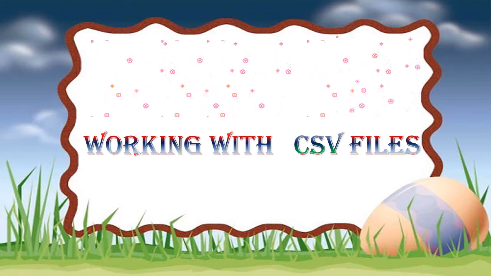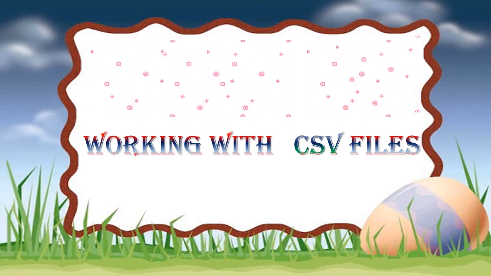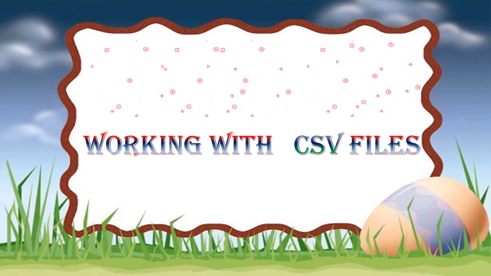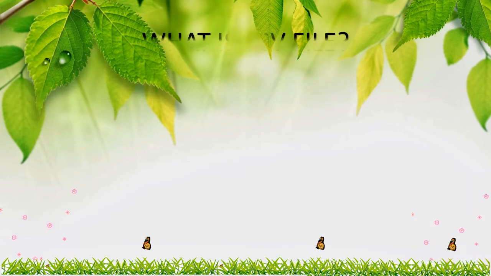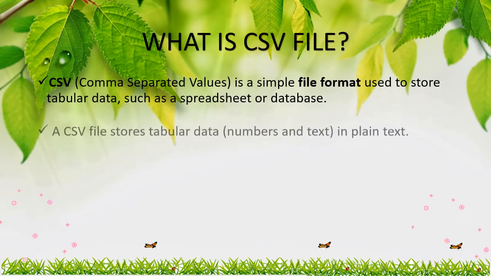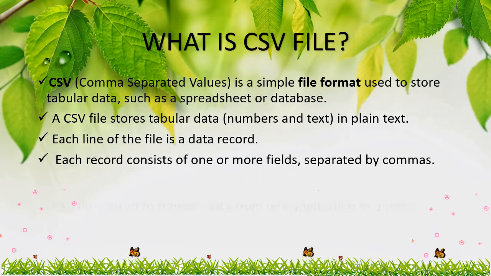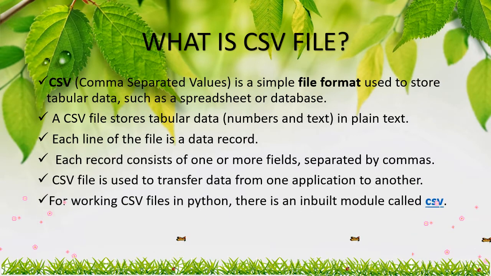See how to write data into CSV files and how to read data from a CSV file. CSV stands for comma separated values. Data are separated by comma by default, and it is stored in a tabular format. And it's a plain text. You can open it in Notepad or Excel